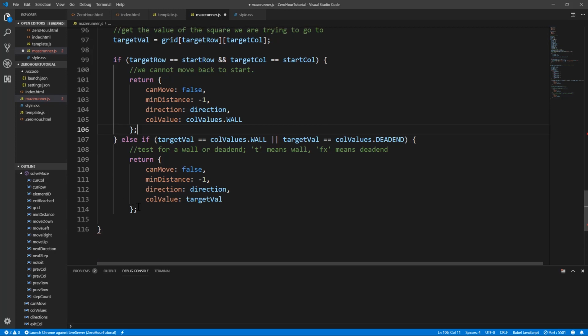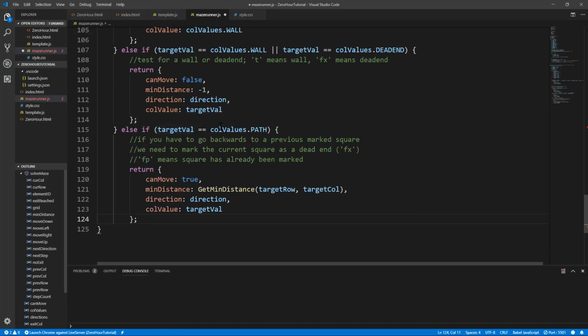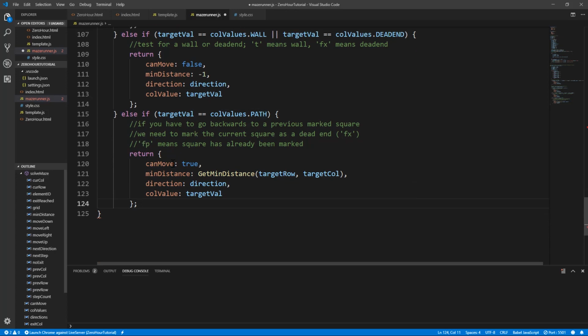Okay. All right, and so then finally what we're going to do here is test for a path condition, which means that, hey, this is a move. And we'll show you how this works in just a second here. So now we have else if the target value equals a path. That means can move will be returned true, and then we calculate the minimum distance right here. Okay, we're going to show you how that works in a second. It's an equation, and then we set its value, and then we also want to go ahead and bounce out of here,